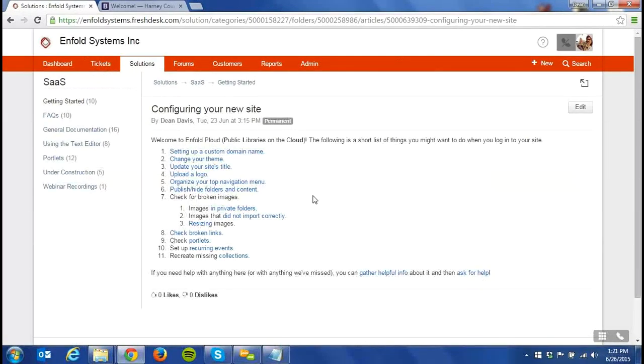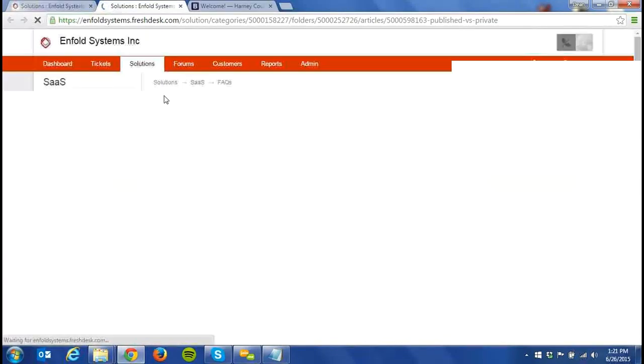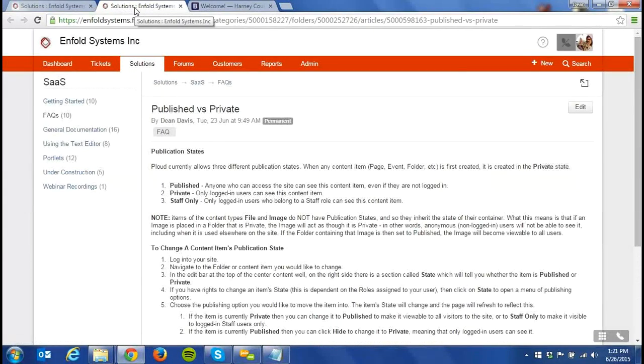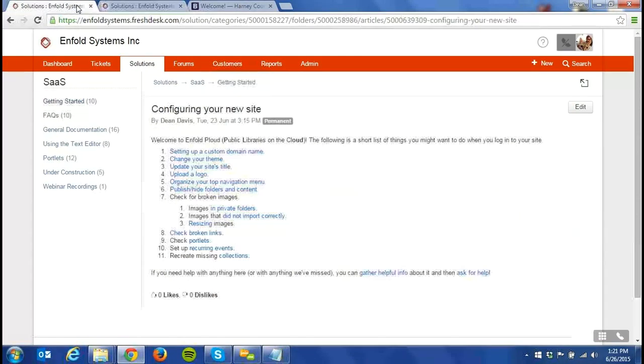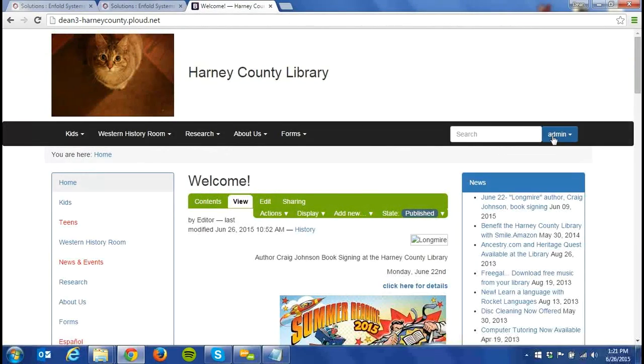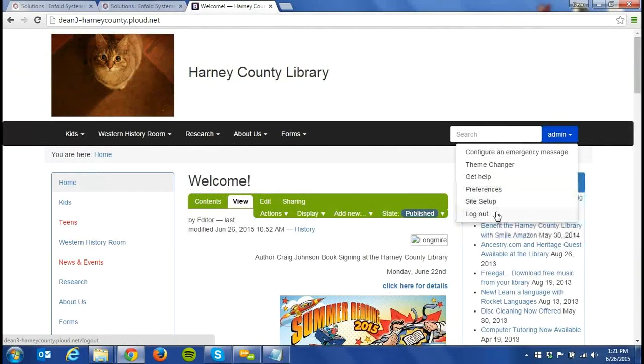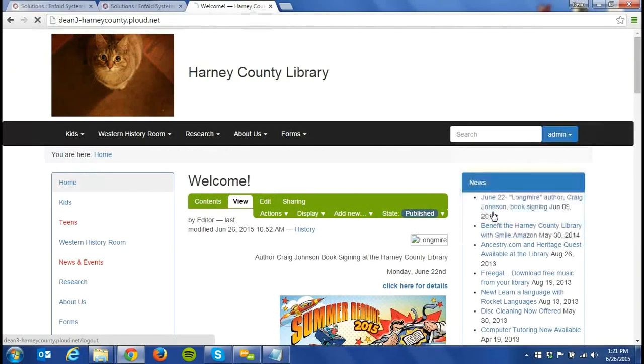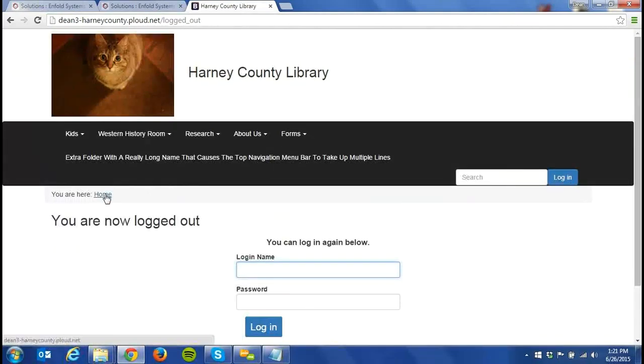The next thing that you might want to be able to do is to change the publication state of various folders on your site. And this kind of touches on one of the next topics also, which is broken images that are broken because they're in private folders. So one of the things I want to show you, if I log out real quick and I go back to our home page,